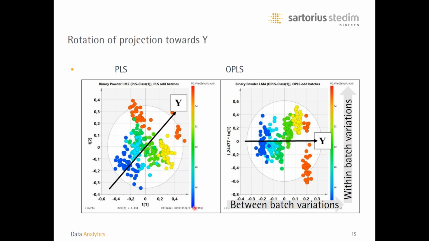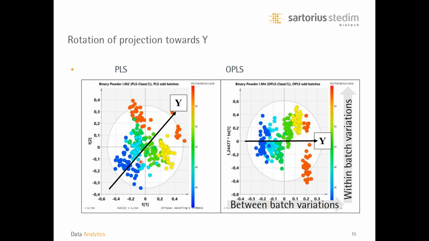We are now looking at the first 2 score vectors of the PLS model and the OPLS model. We have the PLS model to the left and the OPLS model to the right, and all samples are colored, I should say, according to the percentage of salicylic acid. So we have a gradient here from 45 to 55% salicylic acid, and you can see that with the PLS